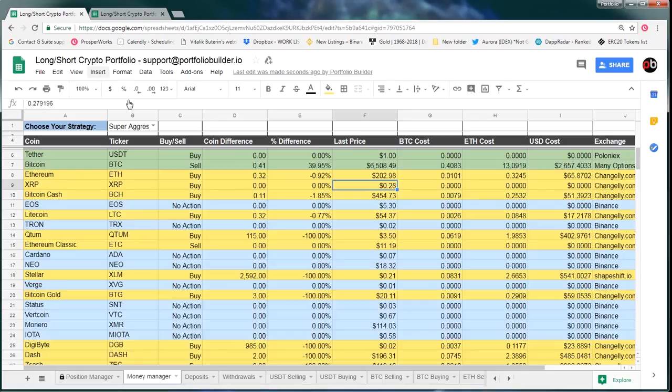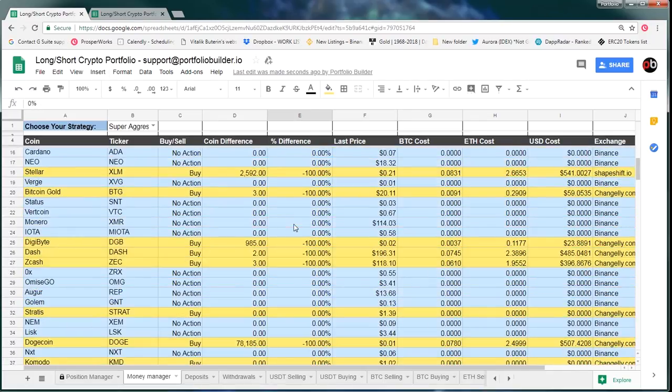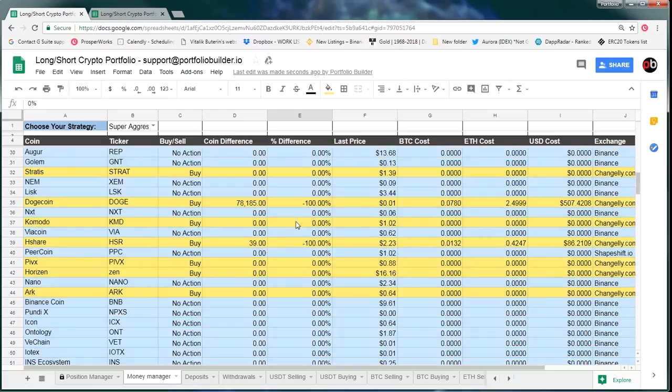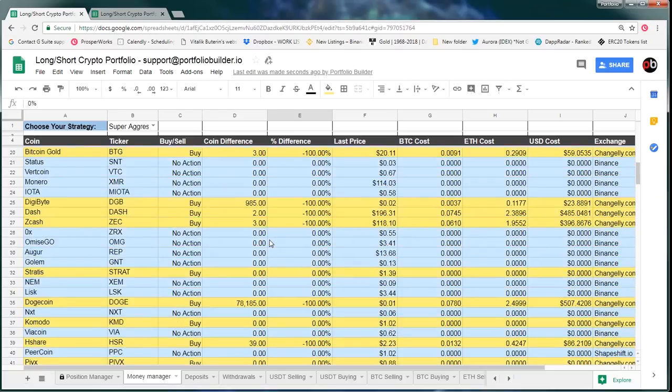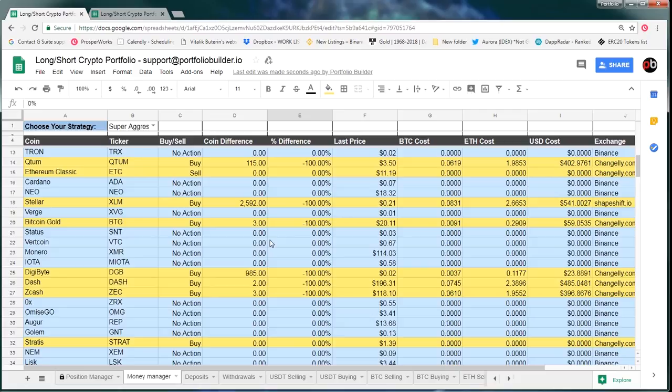So that's one trade done, and we can see that our Ripple is now balanced. So the rest of this process is exactly the same. So what I'll do now is I'm going to pause and fill out the rest of the trade orders, and then come back. And then what we're going to do is we're going to try either changing the strategy setting,